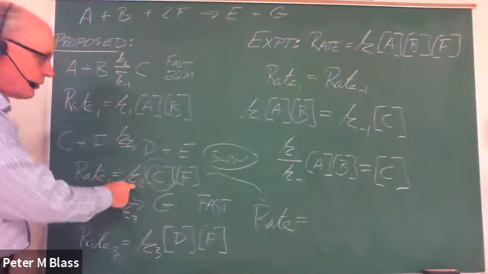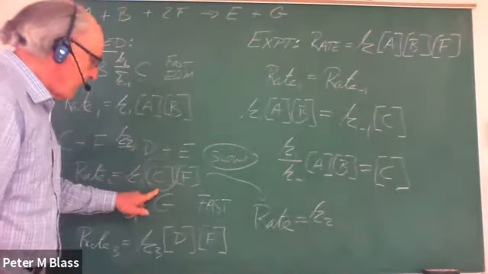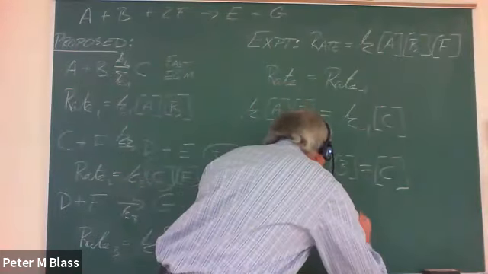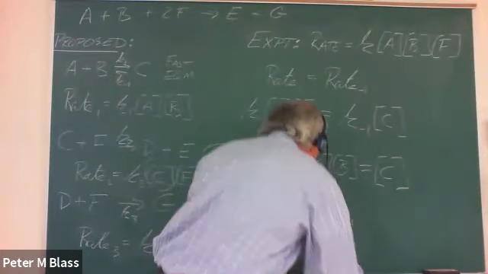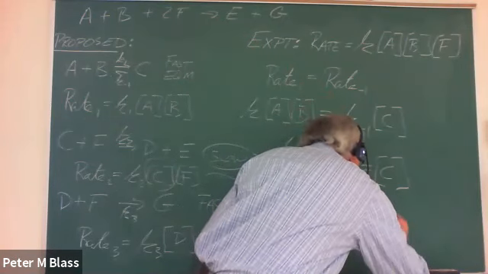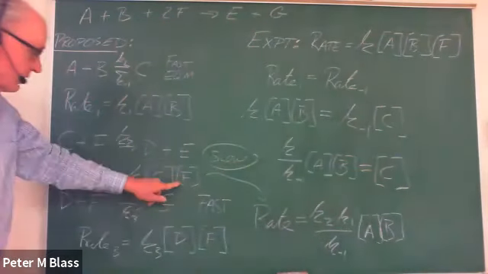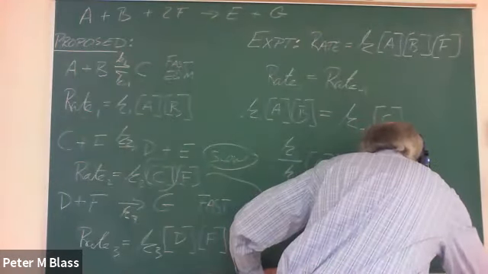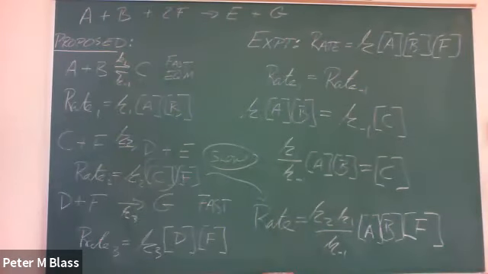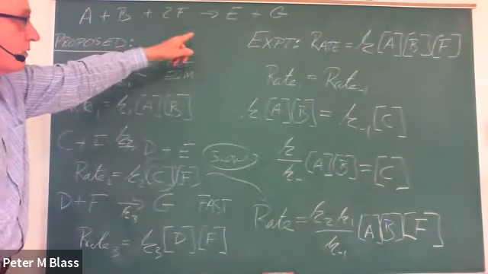Okay, rate K2 C. That means I need all of this. K1, K minus 1 in the denominator, A, B, and that's C, and I'm done. No, because I still have F here. F. Ta-da, that's my overall rate, and it is written in terms of A, B, and F, which are the reactants,